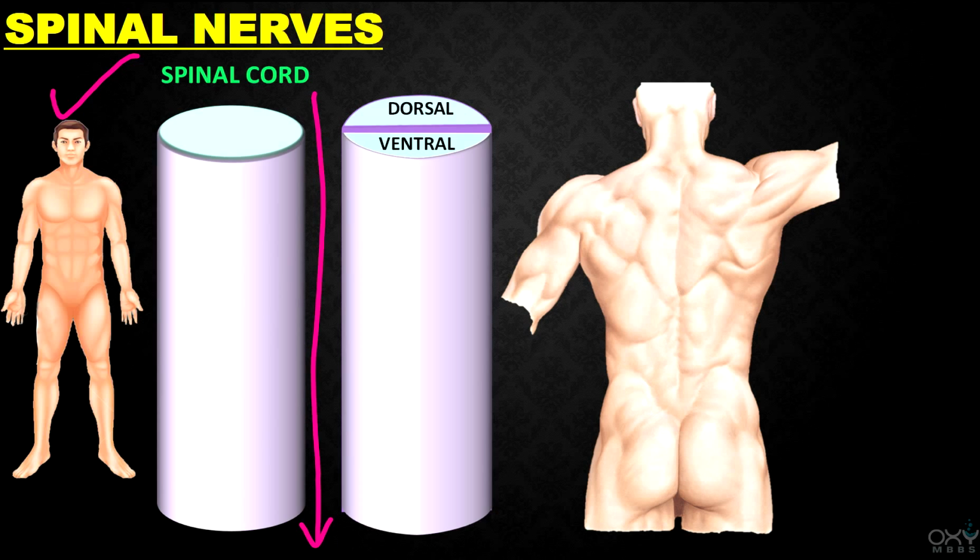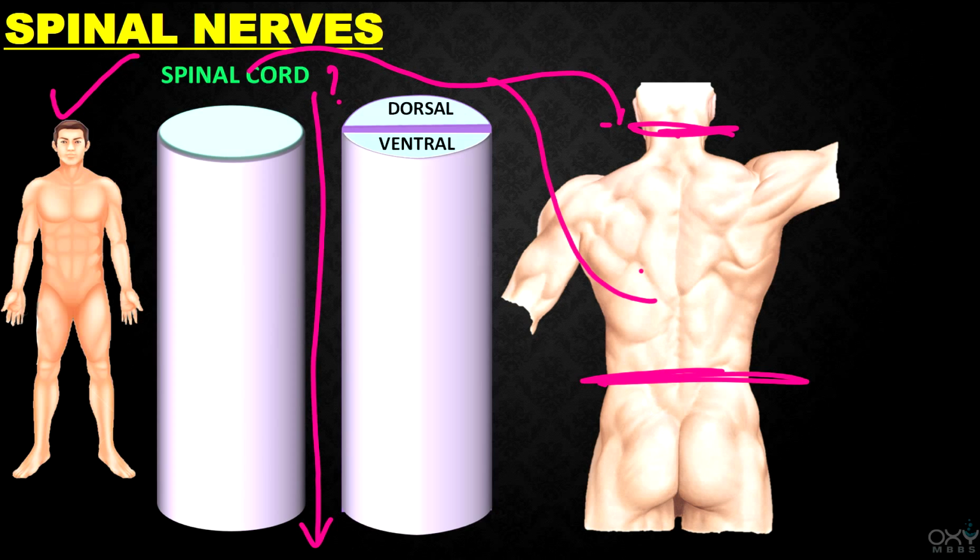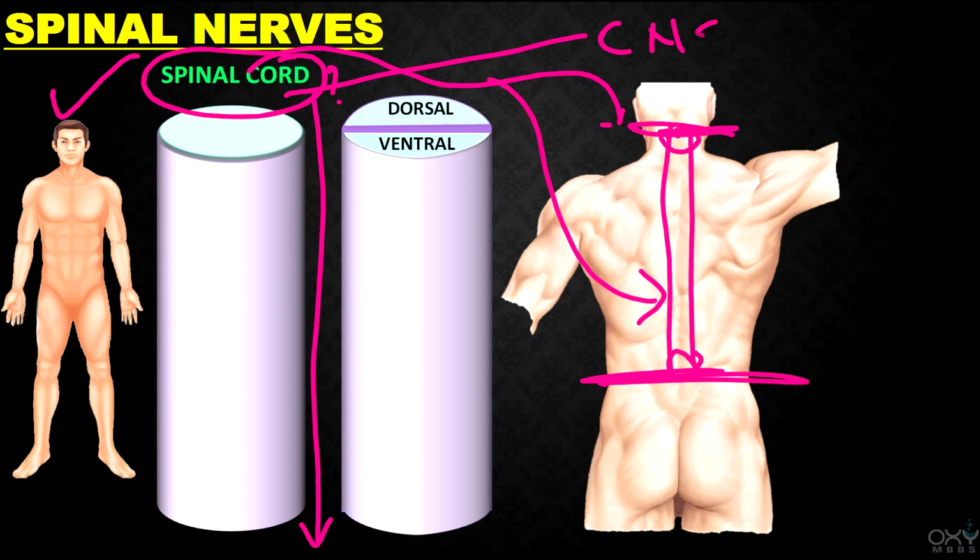So what is spinal cord? Spinal cord is an elongated tube which is having bundles of nervous tissues, and this spinal cord is present from the neck up to the abdominal region, and the spinal cord is present in the back of the body, and as it is present in the center of the body, that is why it is part of central nervous system.